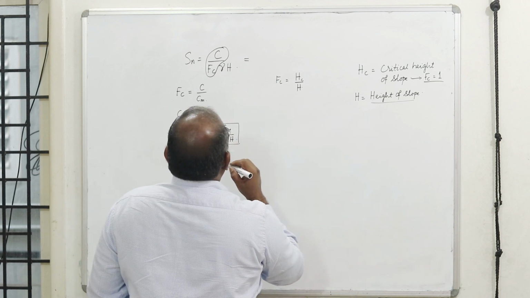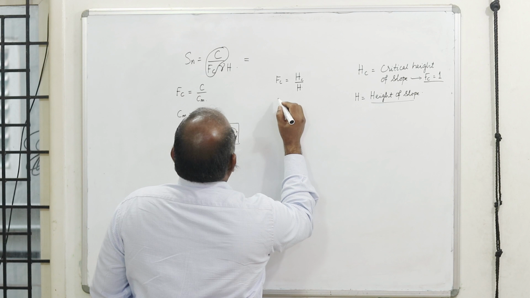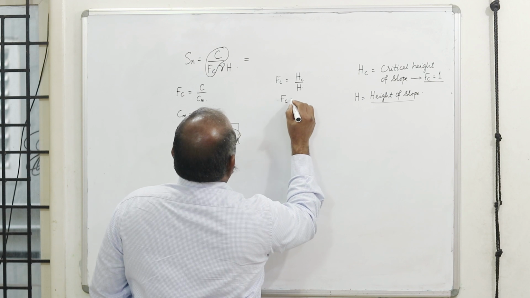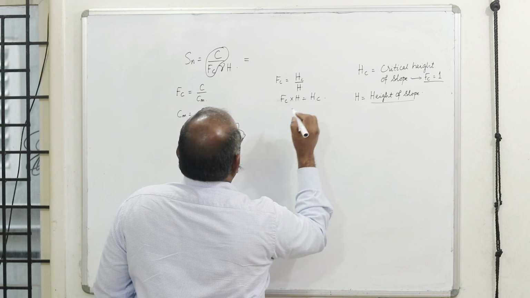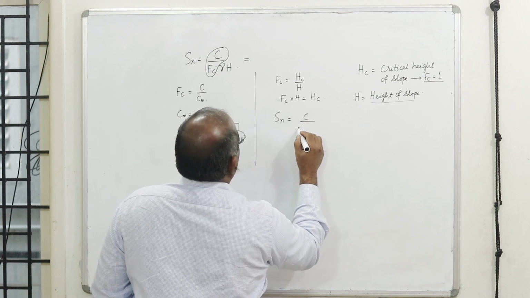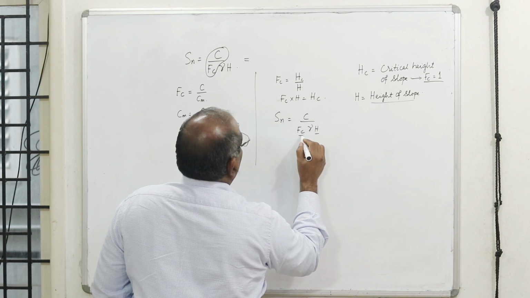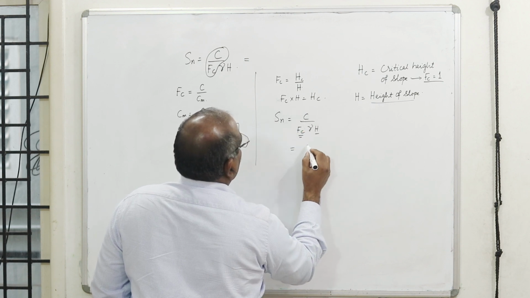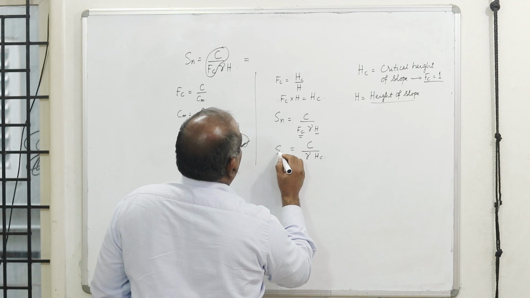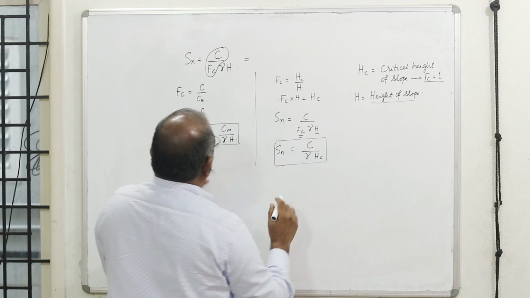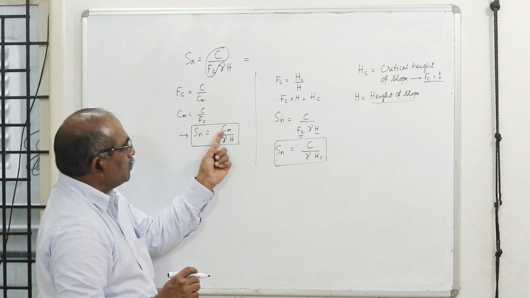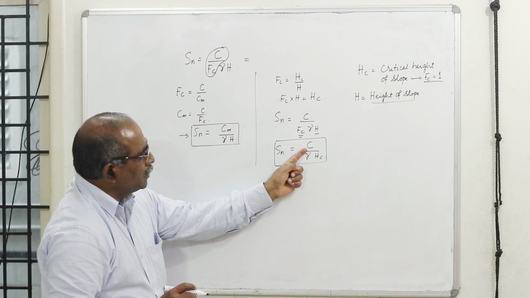Therefore, I can express this as h equal to Fc into h is equal to hc. Now I got my stability number, c by Fc into gamma into h. Let me substitute hc for Fc into h. I get c by gamma into hc. Both the terms, now compare these two. This is also a stability number. When I have a height, so much cohesion is mobilized, and when the complete cohesion is mobilized, this is at failure.